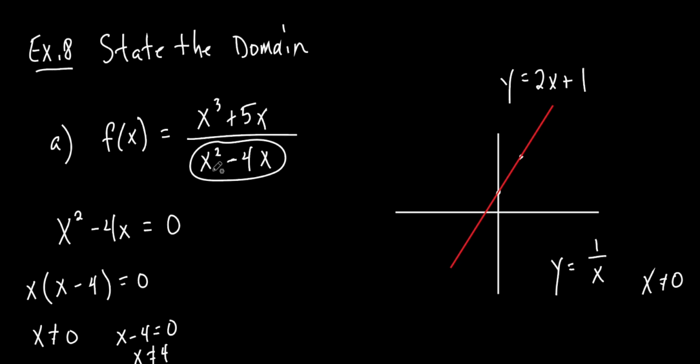Because check it out. If I put a 4 in for this, what's 4 squared? 16 minus 4 times 4, which is 16. 16 minus 16 is 0. So 4 does not work. So I can use any real number. Okay, so if I was going to write my answer, I could say they are all real numbers